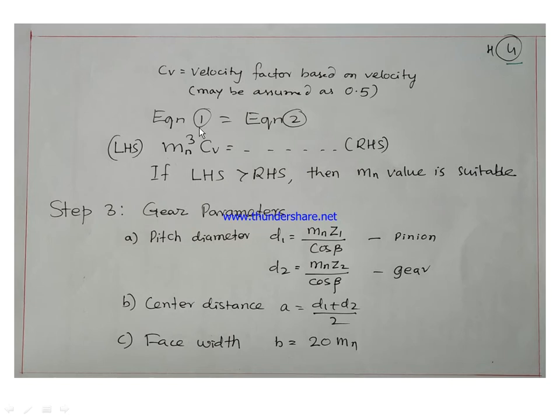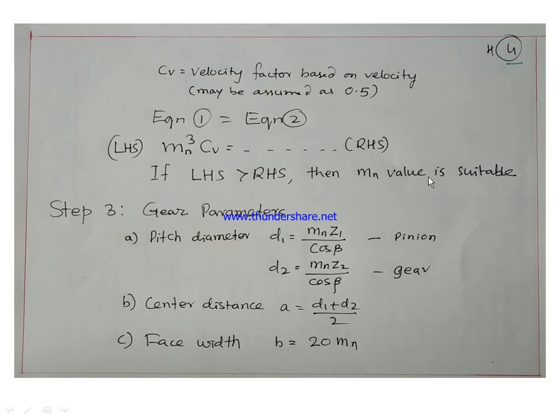Then equating equation 1, that is the tangential load calculated based on power transmitted, and this is the tangential load calculated from the Lewis equation. When these are equated, simplify and put that in the form Mn cube into Cv. So it will be something on the right hand side. Now you have to choose the value of Mn by assuming Cv as 0.5 such that this side is greater